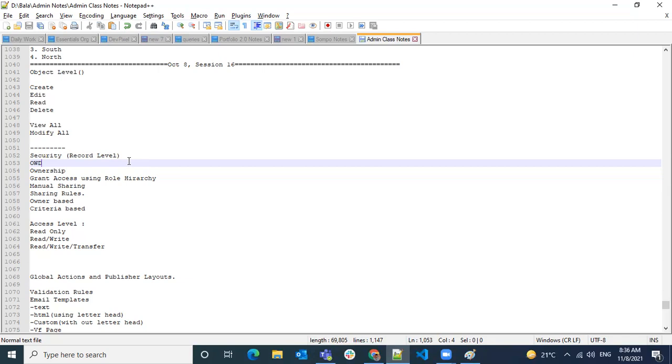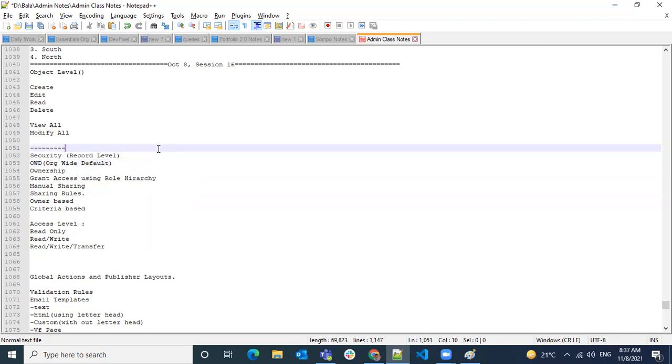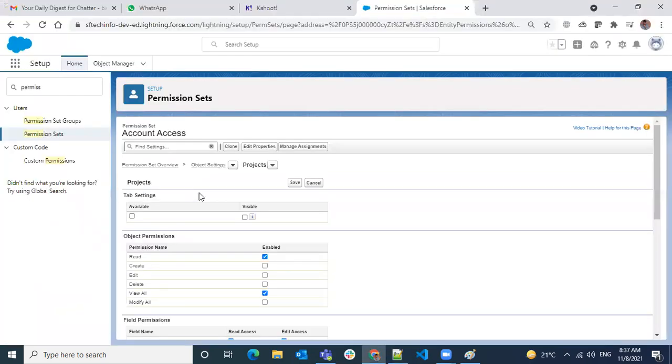Now how will the record level security be decided, what are the different levels, let's see them. The base and basic level of your object record level security is configured in the OWD. OWD means org wide defaults. Org wide default means, at your organization, in your Salesforce org, if you take any object, what is the default permission for that object in your org.